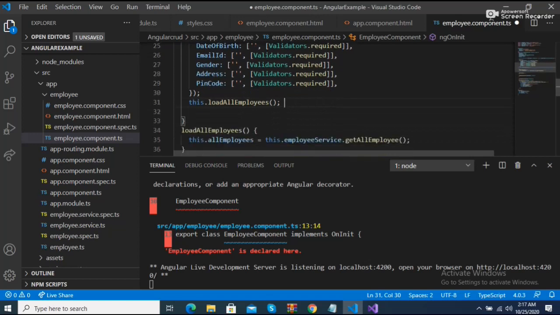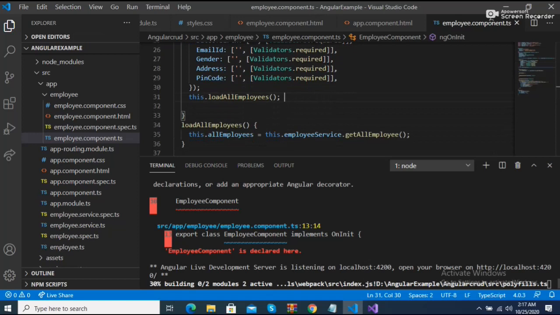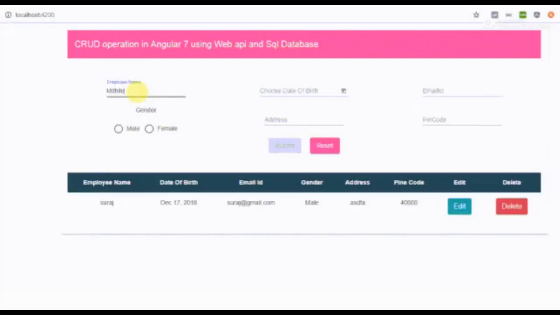So now I just save it, and now compile it again. It builds 32 modules and is active like this. So what happened, we just see in the result. Now you can see our application is running.